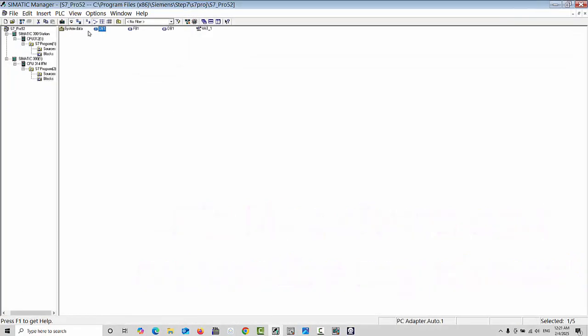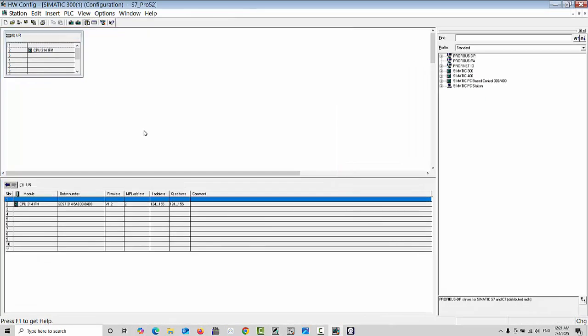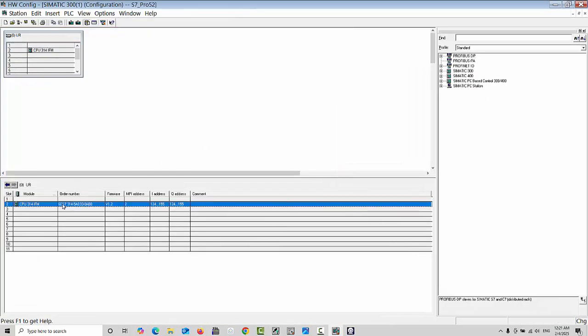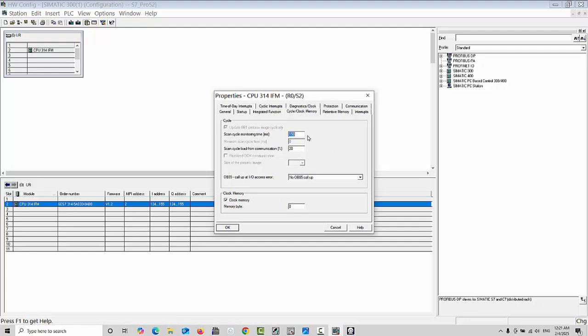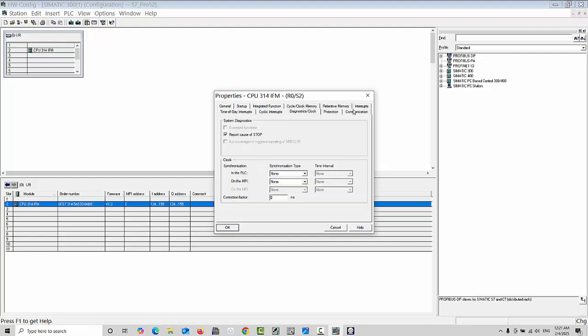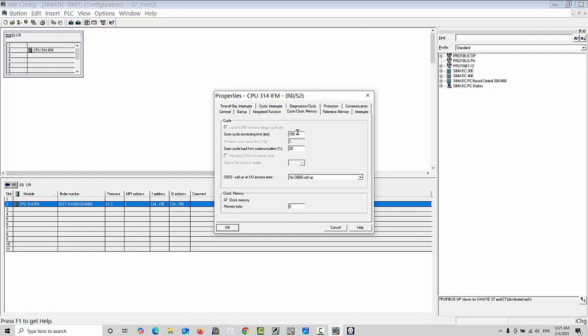So go to the hardware. Here you can see which PLC is connected with you. That's SIMATIC Manager 300. Go to the hardware and double click on CPU, and after double click here, you can see the clock pulse memory. This is all data: retentive memory, interrupts, communications, protection, all is here, but we are finding here clock pulse memory. Here you can see the scan cycle monitoring time, and this check mark must be checked